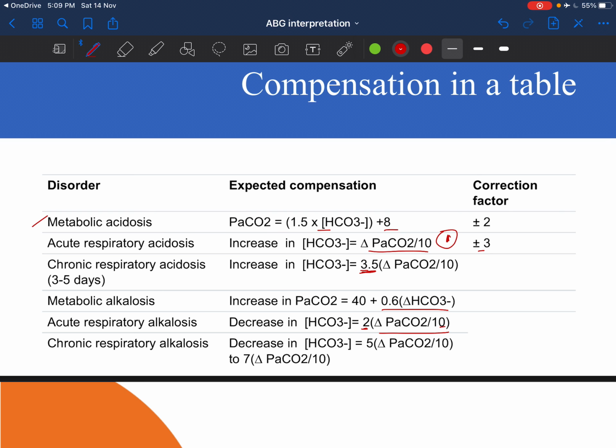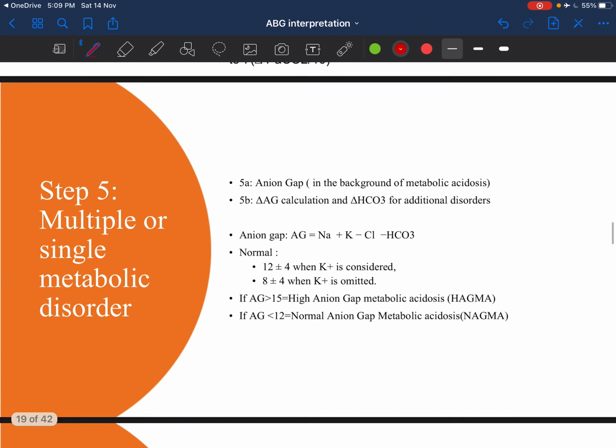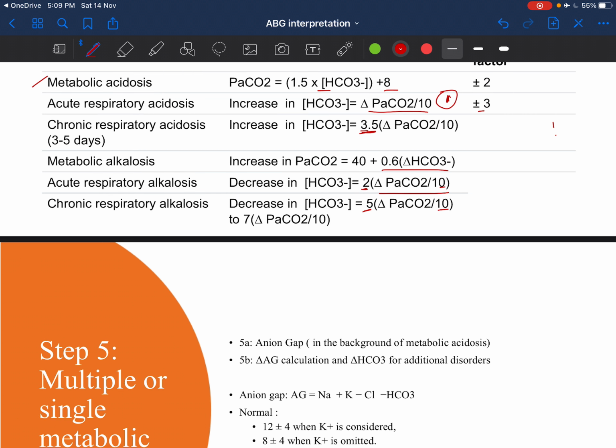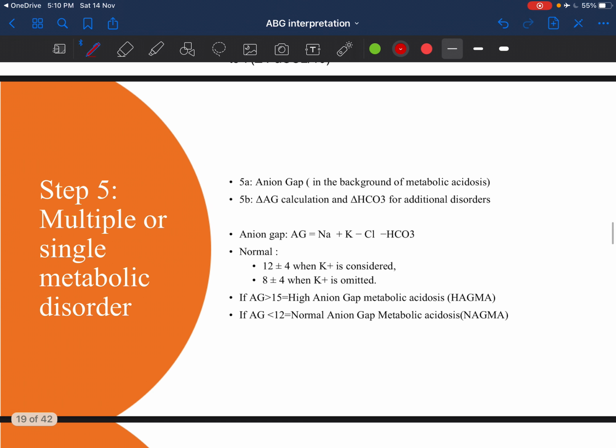Similarly, your bicarbonate change will be 5 for every 10 change in your carbon dioxide concentration. So simply remember 1 and 4, 2 and 5. This is for alkalosis, respiratory alkalosis, and this is for respiratory acidosis. So now you know the primary problem, you know whether it is acidosis or alkalosis, you know whether it is